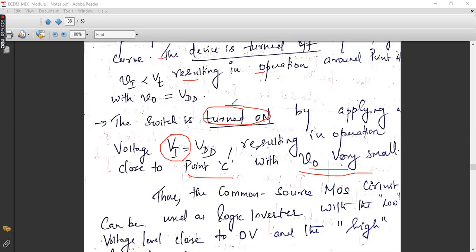Okay. So with this discussion, I can say that the MOSFET is working as a logic inverter in common source mode. Why a logic inverter? Because whenever you apply a high voltage as your input, the output is very small, isn't it? In the second case, I have applied VA equal to VDD, which is positive high, and correspondingly your output is small. So high input means low output, and conversely, if you apply a low input that is less than the threshold, your output is high voltage, which is equal to VDD. Therefore, we can say that this MOSFET is working as a logic inverter, meaning the output is a complement of your input. Clear? Any doubts?